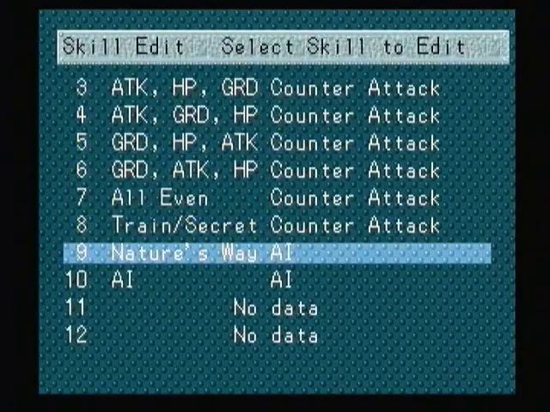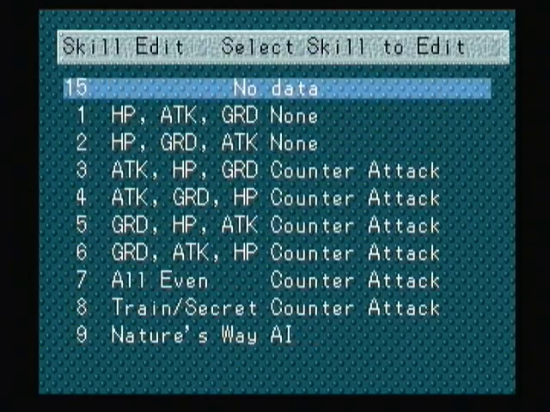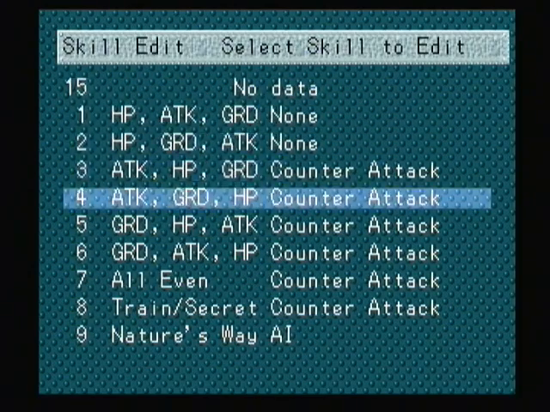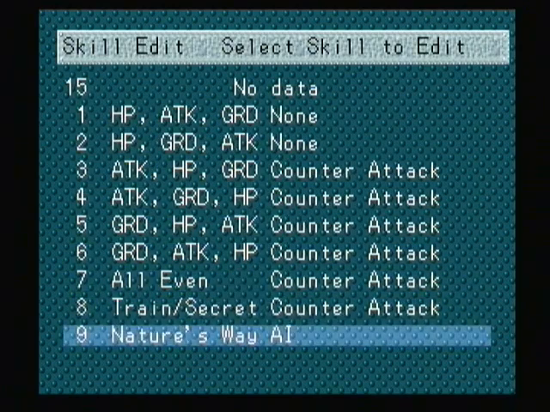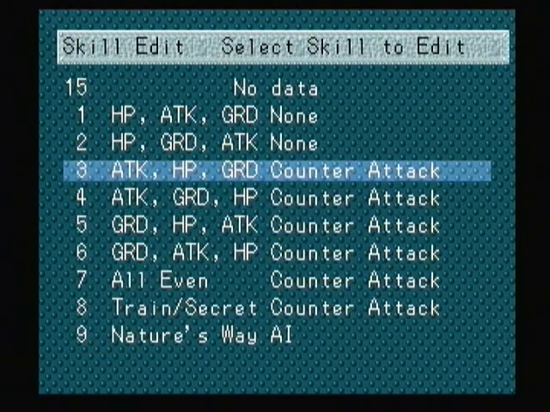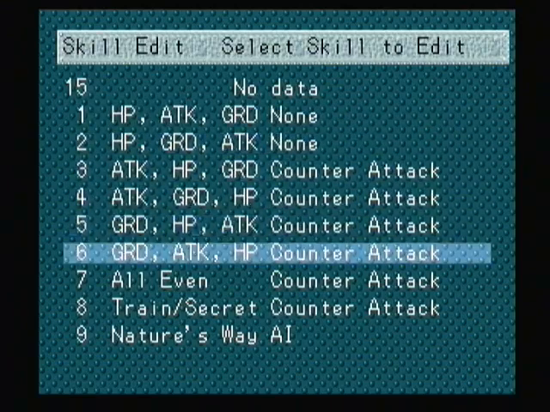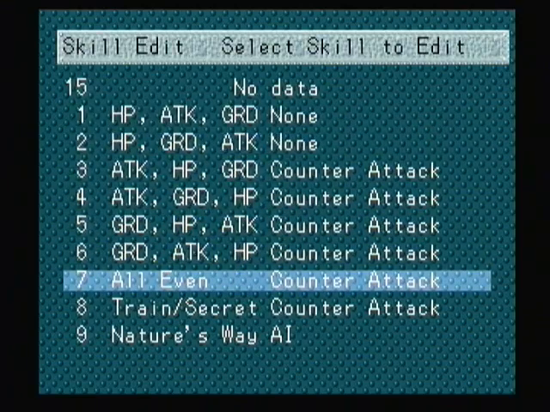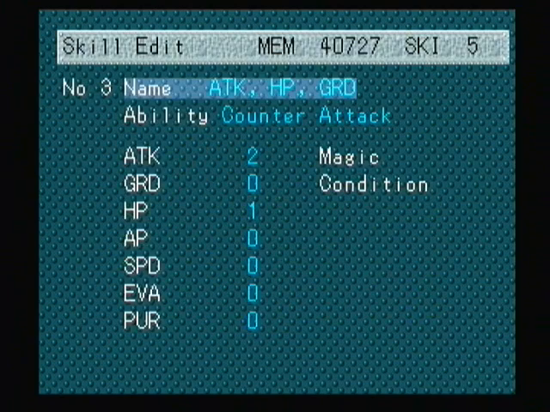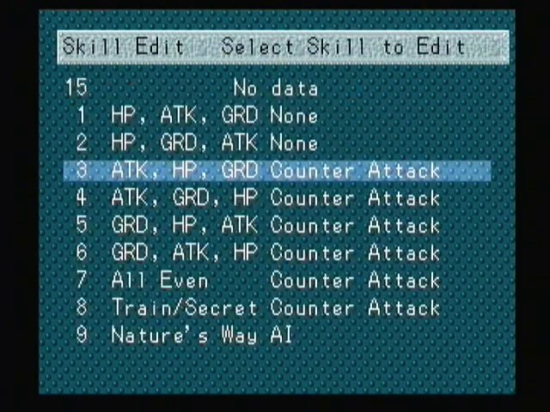Nature's Way? Forget exactly what that was. Training and Secret. Wait, do these all have counterattacks? Oh, I didn't know I did that. Or maybe it was a placeholder thing. I guess the idea was... oh yeah. Now I remember, this is a newer detail, that certain stats, I was going to have them do different abilities, but I couldn't really come up with...